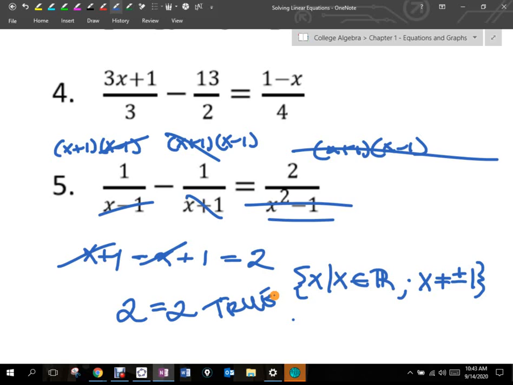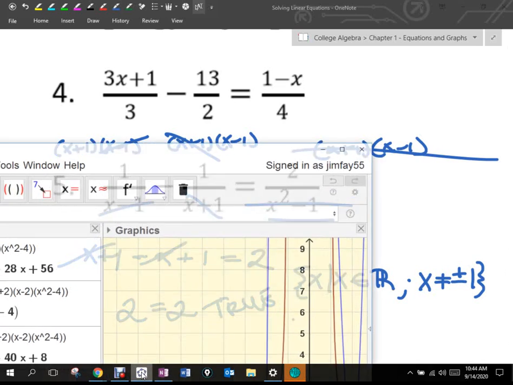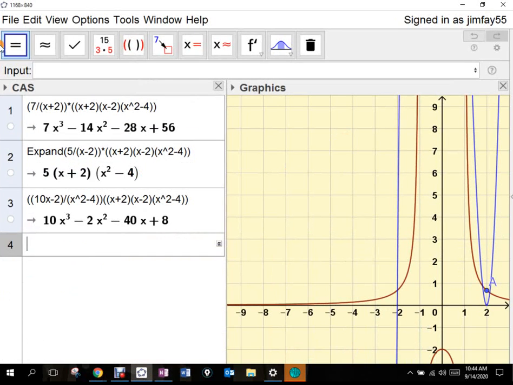If you were to graph those, because it says my answers are all real numbers, if you graph the left-hand side as y1 and the right-hand side as y2, they're going to be the same graph, okay? But when I evaluate at 1 or -1, it's going to give me a problem. It's actually going to come back as, if we use GeoGebra, an infinite value. Okay, and that's not a number, right? No, there's no gaps here. There are asymptotes. So if we take a peek at it,